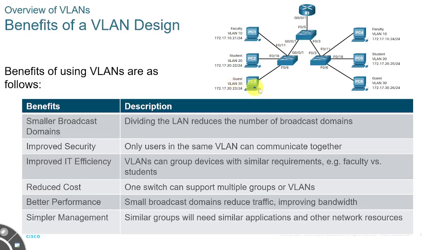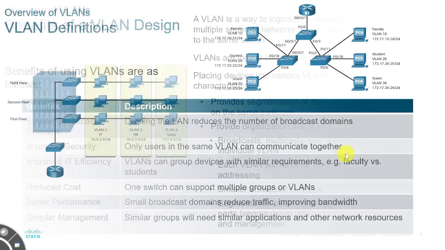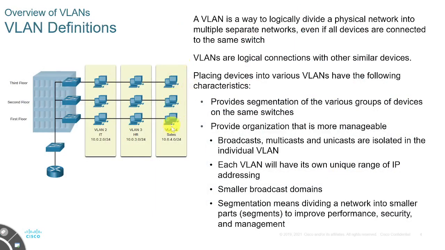Okay. So some benefits of the VLANs or VLAN design is a smaller broadcast domain. What does this mean? It means dividing the LAN reduces the size of the broadcast domain, as we have seen here. So the broadcast becomes smaller. So three devices here, but before it was nine, for example,